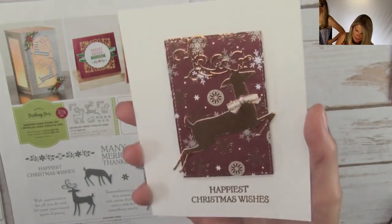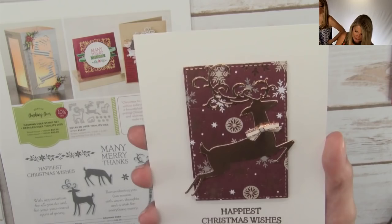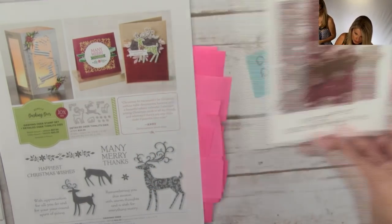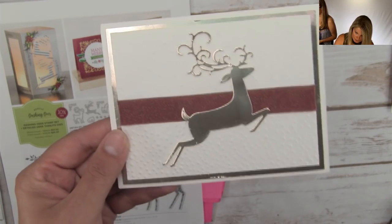Love this one here from Tina Wardell with the copper deer. I love it. It's just fabulous, with the designer paper, which we'll tell you about in just a minute. This one here is one of mine. And this one's with the,